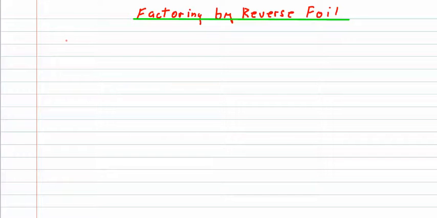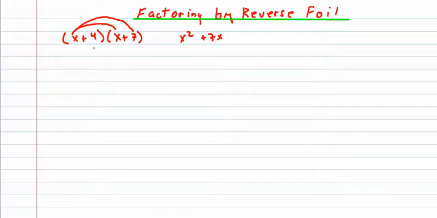So if we're going to factor by reverse FOIL, we need to first of all review FOILing. So if I have x plus 4 times x plus 7, if you remember when we FOILed, we took x times x, got x squared. We took x times 7, 7x, 4 times x, plus 4x, and finally 4 times 7 is 28. We added these two terms together and we got x squared plus 11x